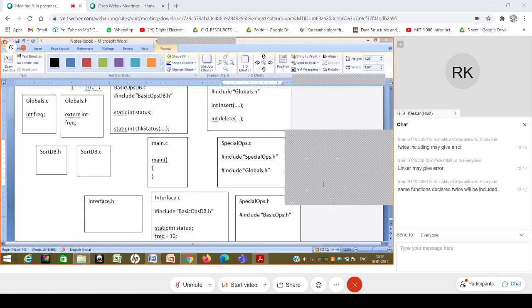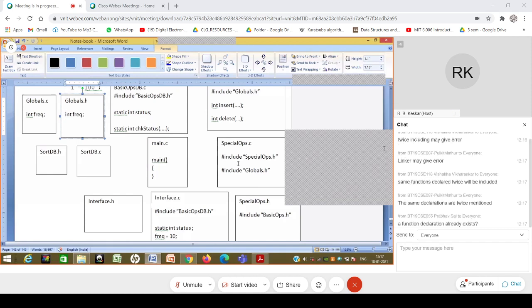Remember that in a .h file we say that typically we'll try to keep the declarations, okay, not definitions. I mean, for a variable, the definition, where the memory is allocated, will be somewhere in one of the .c files. That is generally the idea. So firstly, let's understand that there is multiple inclusion of the same file, which is globals.h, which means multiple inclusion of the contents of globals.h in specialops.c. So if I write int frequency over here and not extern int frequency, specialops.c will have two definitions of int frequency, and then it is going to create an error. So that's why I did extern int frequency over here.